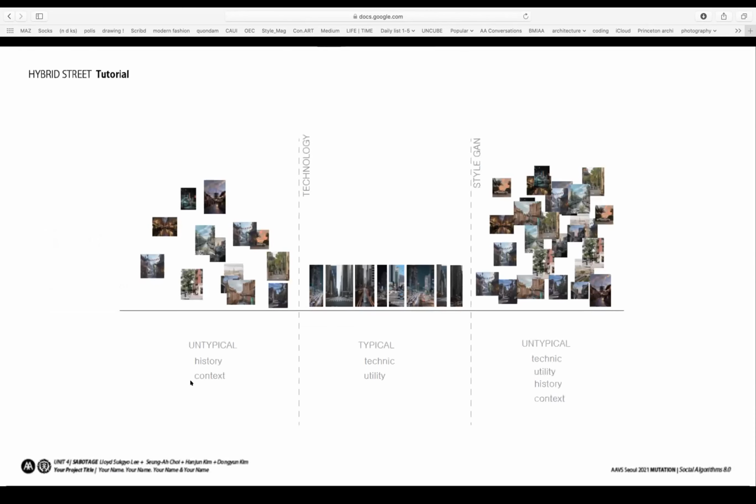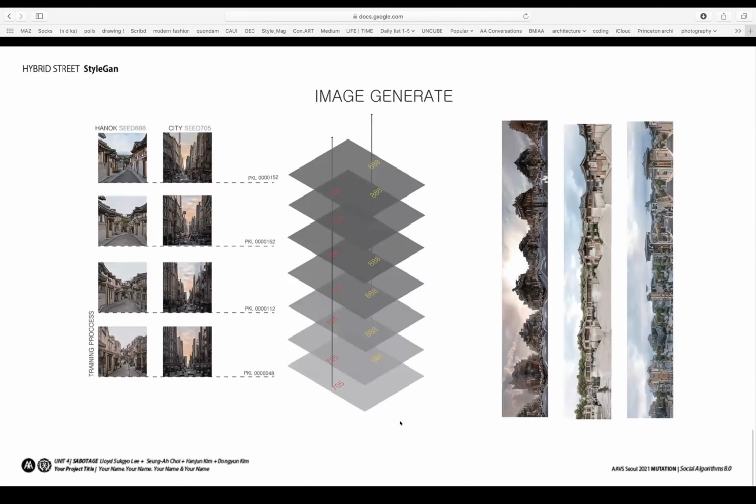They used these 3 kinds of different data sets, and unlike the other teams, who used the untypical as a historic context and the typical as a technique and utility, they tried to investigate more about StyleGAN itself, and then try to find their